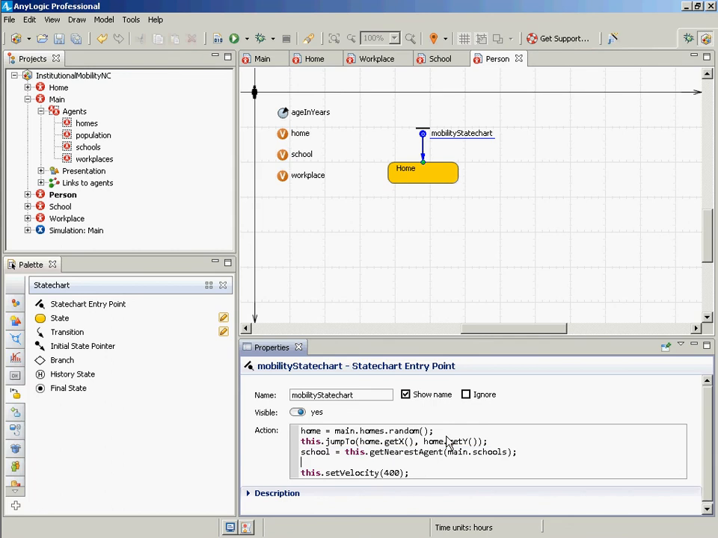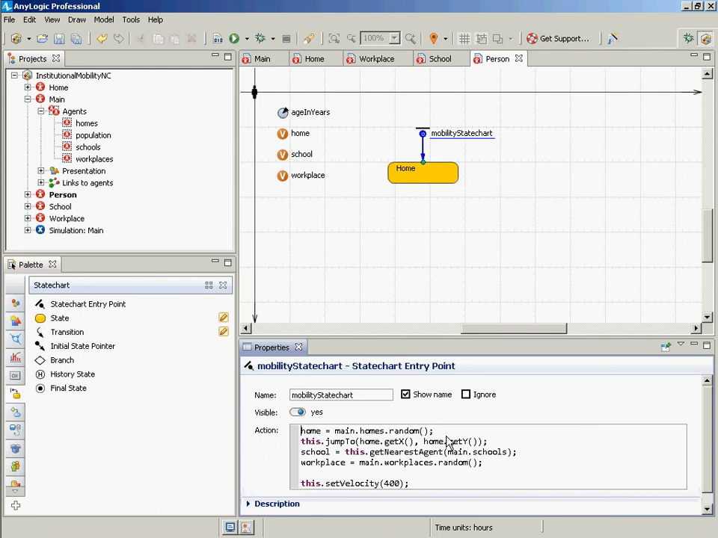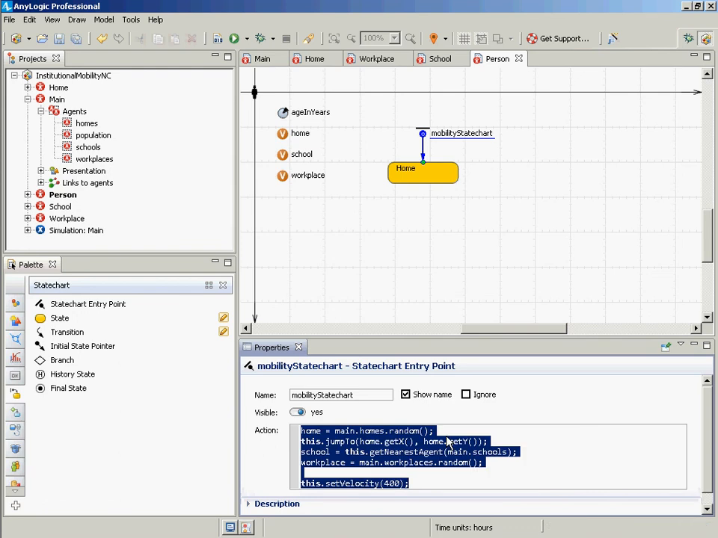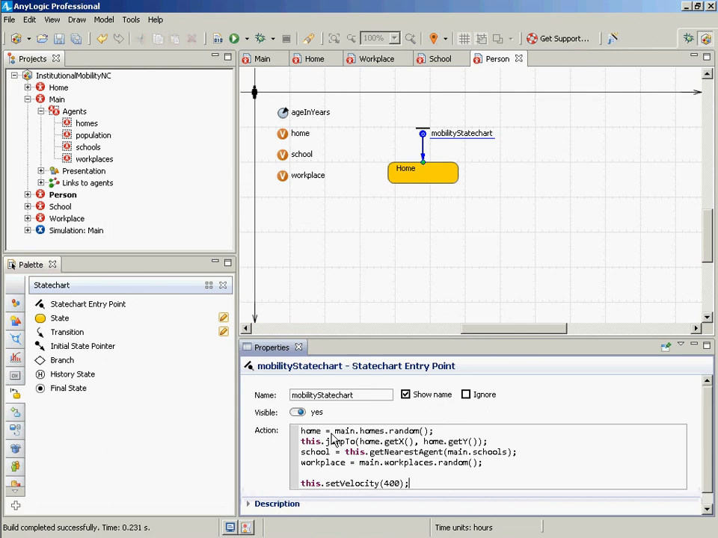Let's make a workplace. You could argue about this, but maybe we'll make a workplace be, for now, randomly chosen. How would I make a workplace randomly chosen? Okay, main dot workplaces dot random. That's right. Good. So this is quite a little bit of a handful here, and it merits building early, building often, but